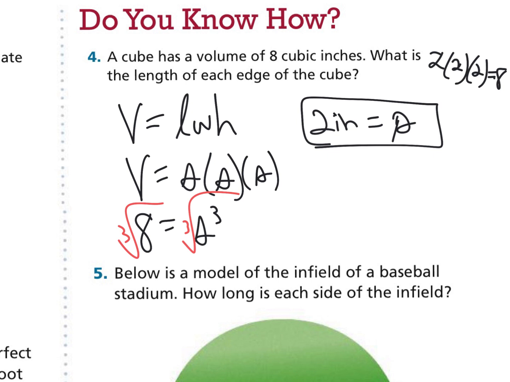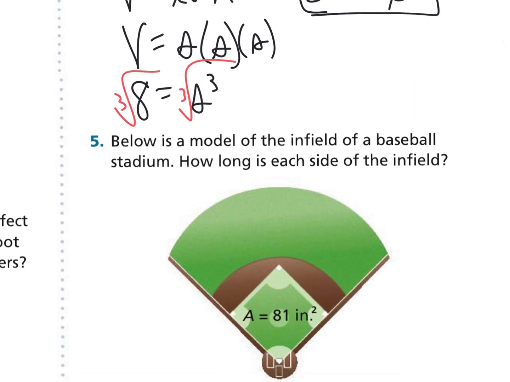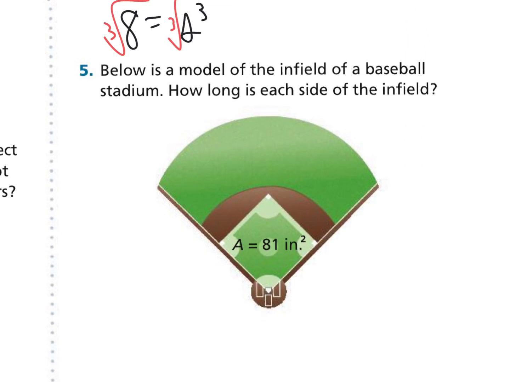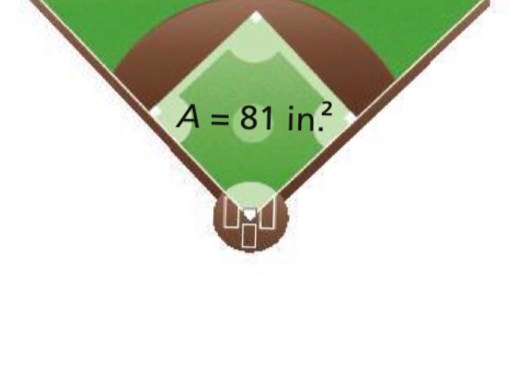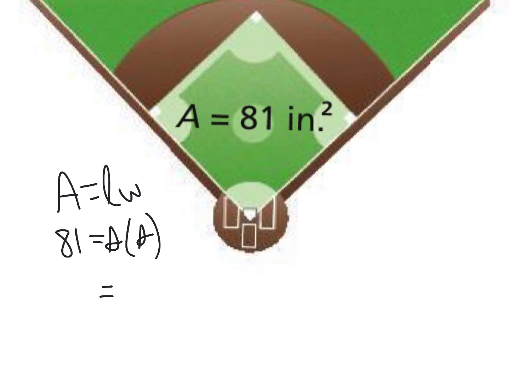Number 5, below is the model of the infield of a baseball stadium. How long is each side of the infield? So you can see on the infield part, the area is 81 square inches. So we're back to area on this one, which is length times width. We know if it's a perfect square, our length and the width would be the same. And so if our area is 81,